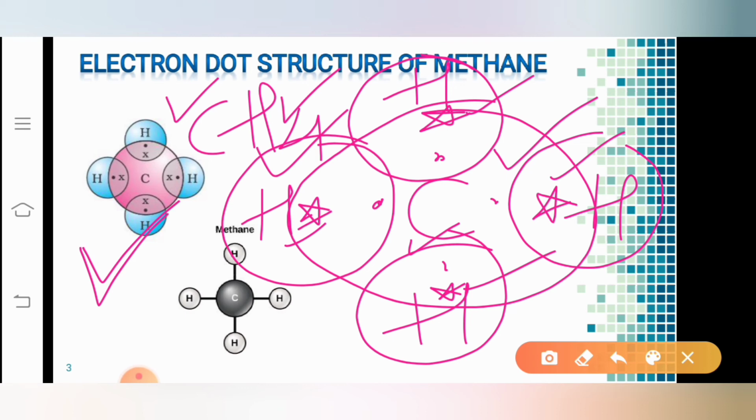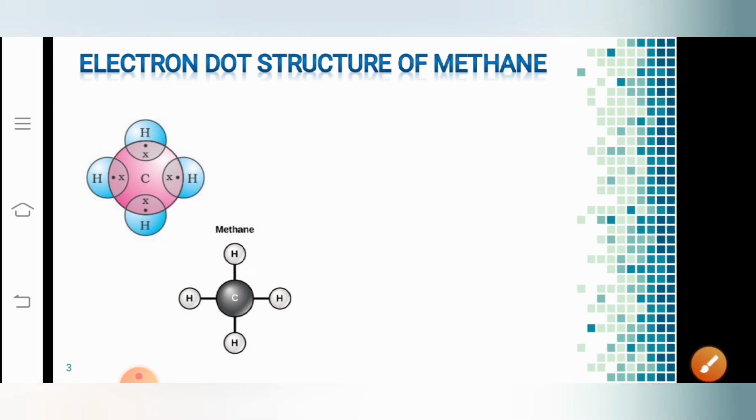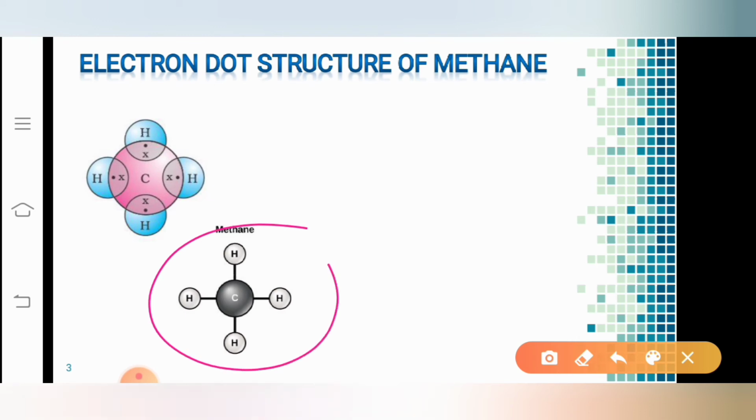First, know the atomic number, know the electronic configuration, then know how many valence electrons or what is the valency of that particular atom. All those things you should know. If you know the atomic number, then it is very easy for you to know other things. Then you have to write the number of valence electrons for each atom of the molecule for which you are going to write the electron dot structure. Thereby you can write the electron dot structure very easily.